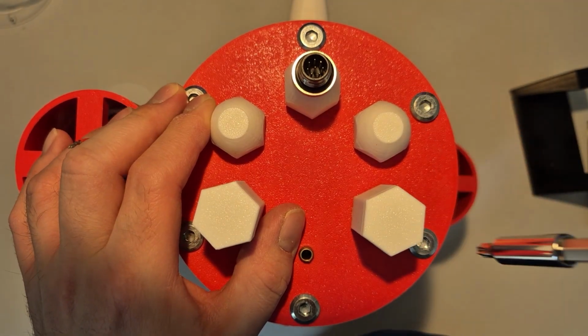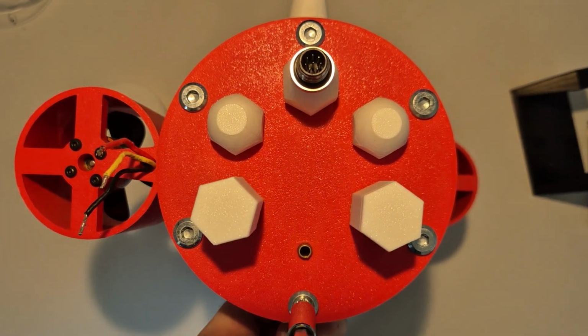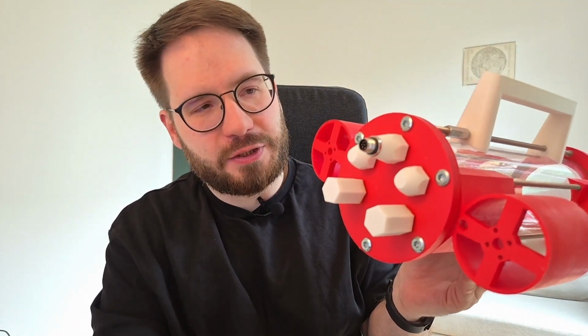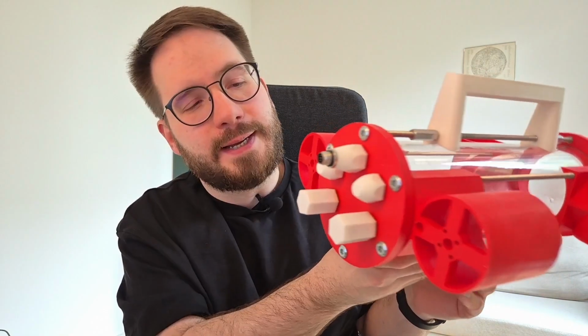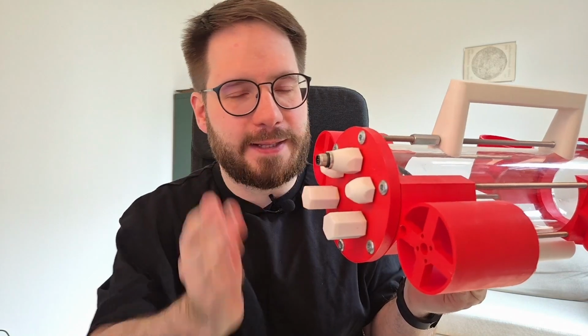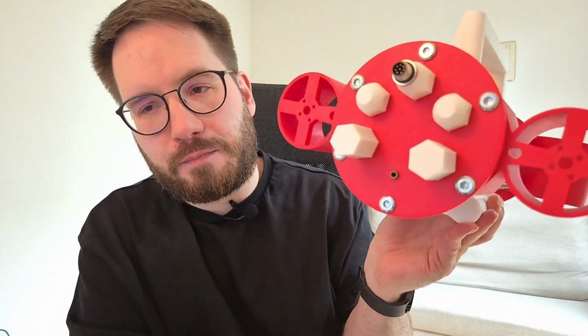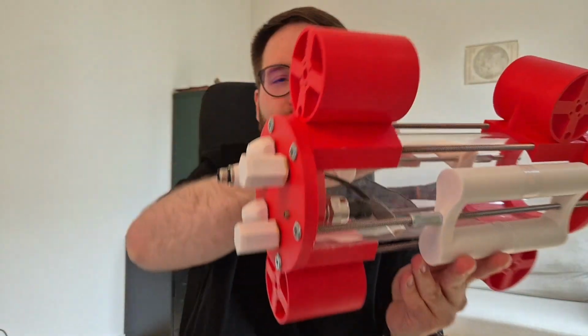So let's then turn to the rear end cap. It was actually a very difficult part to design because it has to accommodate quite a lot of things. First it needs to be able to let some cables through. Then you need some way of communicating to the surface, so this is where this connection comes in. And then there is one more thing here. This is the pressure sensor, so ideally you would like to know how deep you go. So yeah, this is the pressure sensor